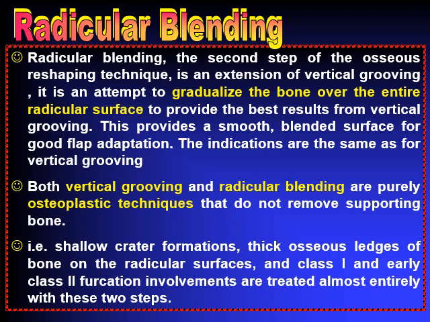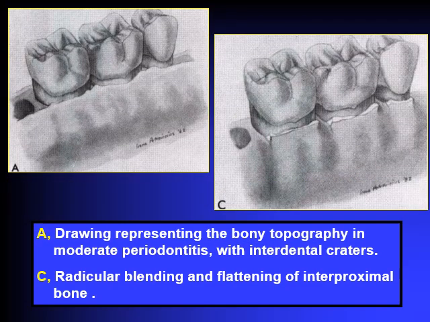So both vertical grooving and radicular blending are, as I mentioned, purely osteoplastic techniques. There is no removal of the alveolar bone support. This means shallow crater formation, thick osseous ledges of bone on the radicular surface in class 1 and early class 2 furcation involvements are treated almost with these two steps, vertical grooving and radicular blending. As we see here in this diagram,